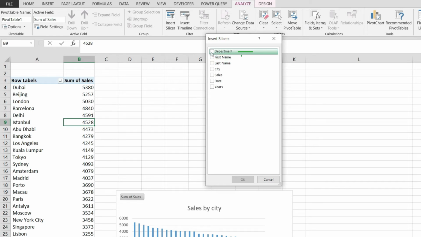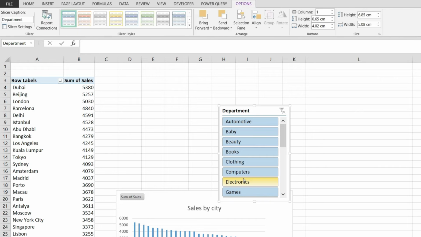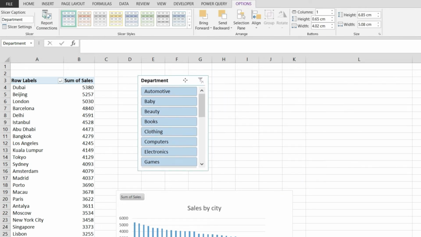Now, for my slicer, I'm going to click on the department, and I can also pick multiple values from here, but if I did that, I would insert multiple slicers. But for this example, we're just going to keep it simple and have just one. Click OK, and nothing really happens except we get this new thing in here that I'm going to move closer